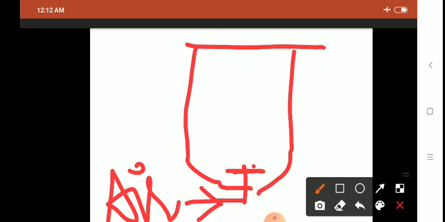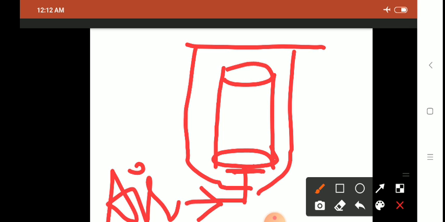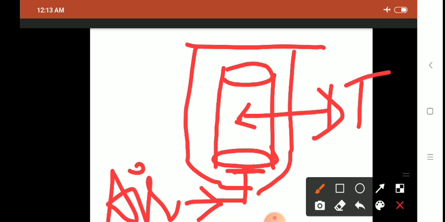In this vessel, there are two zones. The vessel is filled with the nutrient medium and microorganisms are inoculated. The vessel is divided into two zones by a draft tube. Sometimes the vessel is not provided with a draft tube, and there is a single wall called a baffle wall. Now, as you can see in the diagram, the air is entering inside the draft tube.